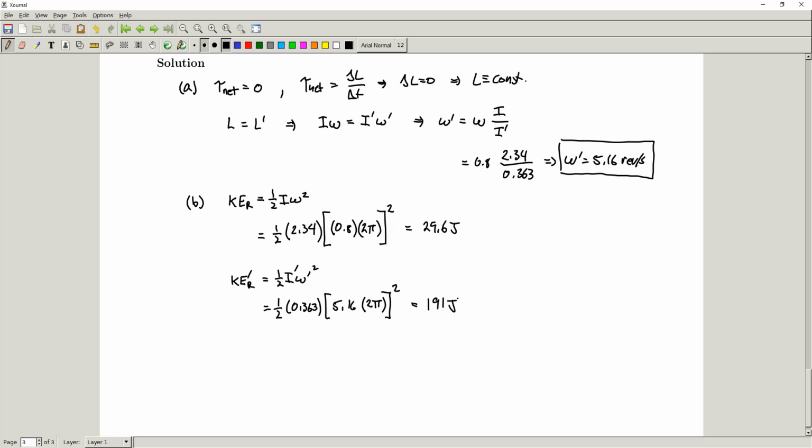So she gains a bunch of kinetic energy as she's pulling her arms in. So a good question might be, well, where is this rotational kinetic energy coming from, right? We can't get energy for nothing. And we may have a question like this on the assignment here, so I won't totally ruin it, but you can imagine that it takes some energy for her to actually pull her limbs inward as she's rotating, right? Like the tendency is for her arms to want to stay as far out to the side as possible as she rotates, and as she fights against that and pulls her arms in, well, she's loading kinetic energy into the system here, right? And we can do calculations along those lines, but I'll leave that for